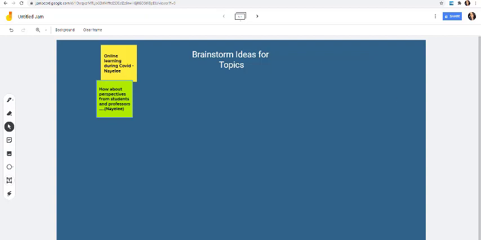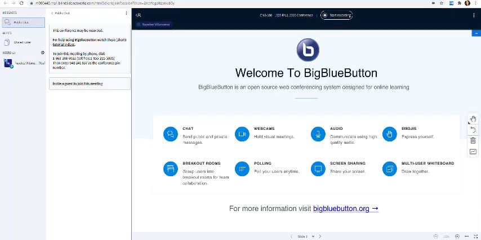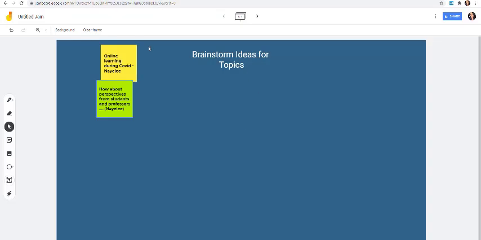Okay. So really quickly, I just wanted to show you what the conference tool will look like in a moment. Just bear with me. So basically, this is what the platform will look like once you get invited to the chat room. And what I'll end up doing is this space here will be populated by the Jamboard image.